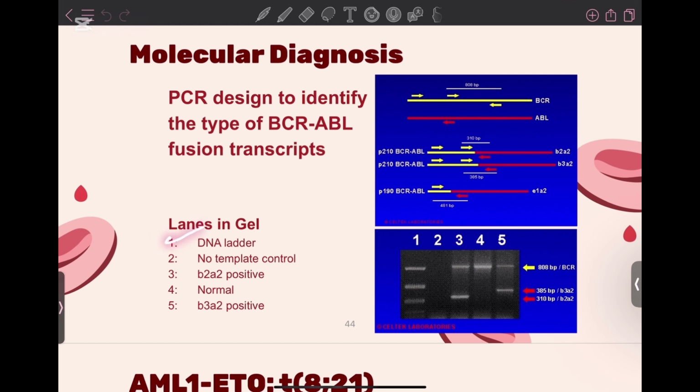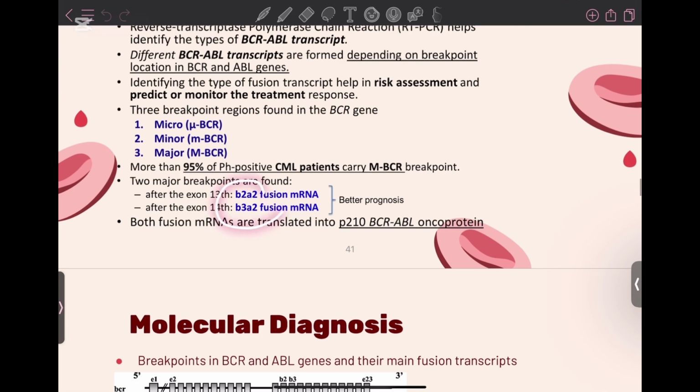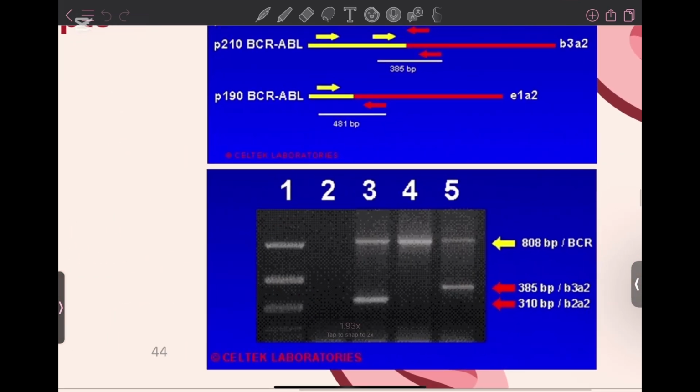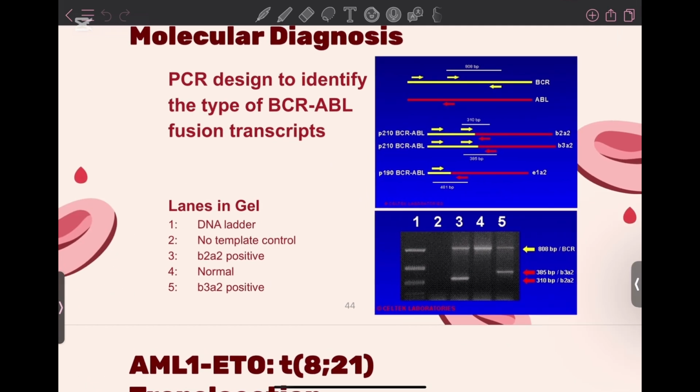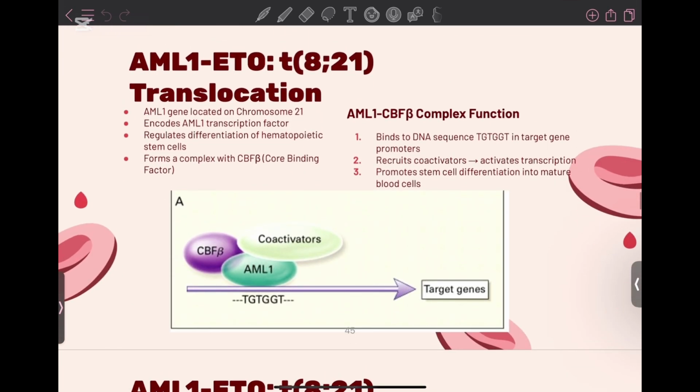It could be the DNA ladder, the normal, the B2A2 positive, B3A2 positive, which are basically these two segments right here. So if they were positive, they're going to show up on the strands right here. Okay, so the presence of a white line indicates that this gene or this mutation is also present. Now, another translocation that occurs in cases of leukemia is the